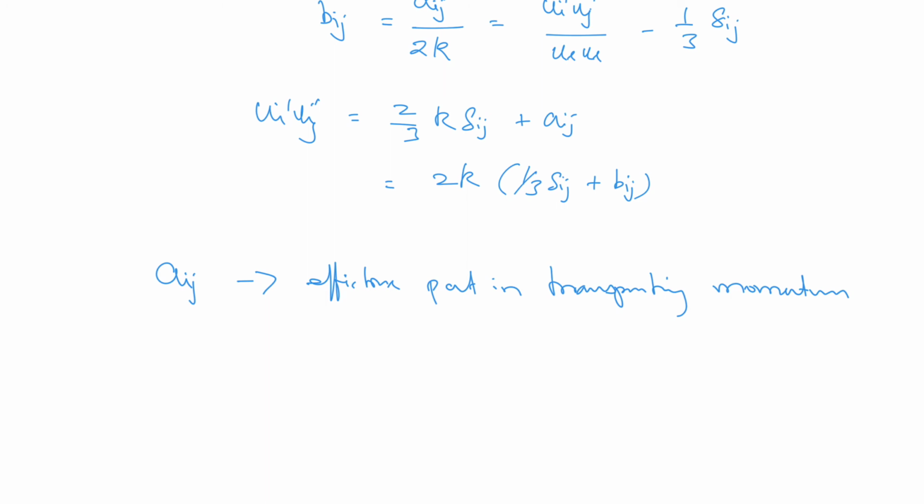So this anisotropy in the Reynolds stress, what does it do? Transporting momentum. In another way, we have seen this u dash, v dash, w dash: if these are equal, there is an equilibrium, and if there is a cross component u dash v dash, the momentum can get transferred from u dash to v dash or v dash to u dash. So this is the anisotropic part, which takes part in the transportation of momentum, which we have seen earlier also, that is, from one direction to another direction.